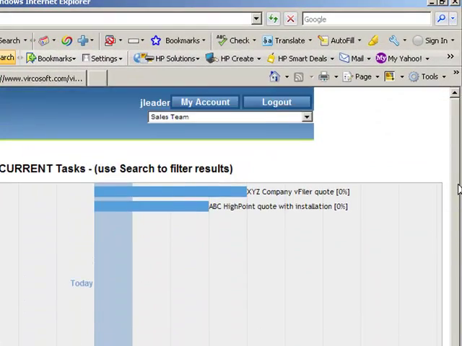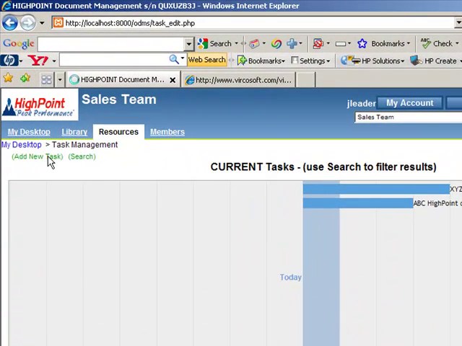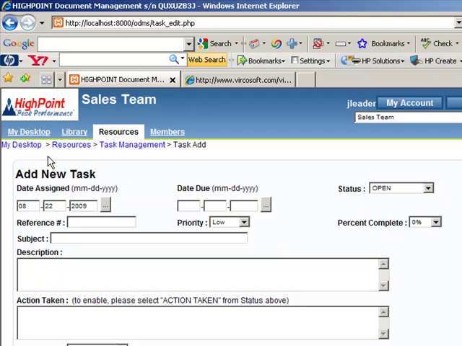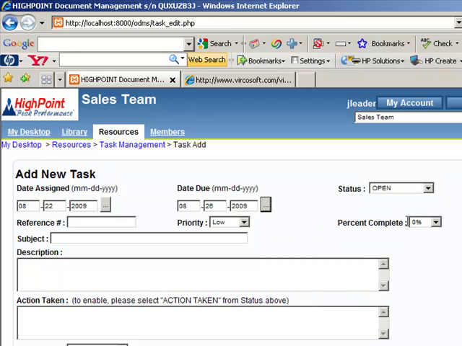Okay. Now up here, if I wanted to add a new task, okay, I can click this Add New. I can also do it from my dashboard or the dashlet called My Desktop. I'm going to assign this a due date of, we'll say next Wednesday. I'm going to give this a reference. We'll call it Magna V-filer quote. It's going to be a medium priority because it's got a few days to get done. And we'll give it a subject, Magna V-filer quote